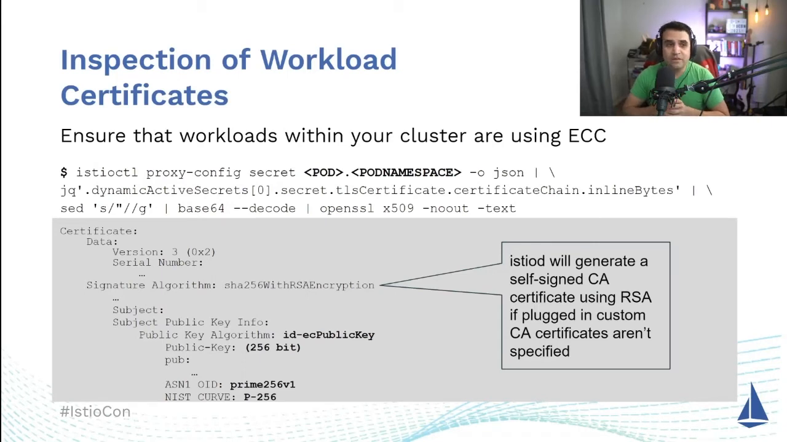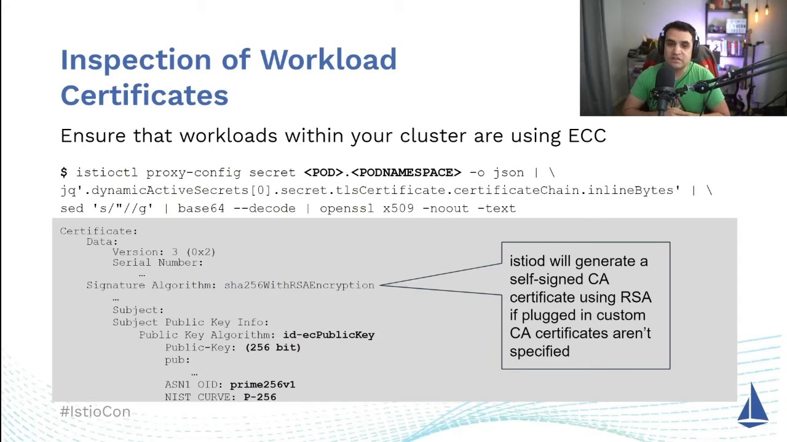So once you have deployed Istio and have set this environmental variable, it is a good practice to make sure that you inspect your workload certificates and that you've enabled this functionality correctly. istioctl provides various subcommands that allow you to inspect the certificate that is being served over SDS with proxy-config, secret, and then you specify the pod and the pod name, output it to JSON, and then using some commonly available tools like JQ and Base64 and OpenSSL, you can actually inspect the certificate as it is being served